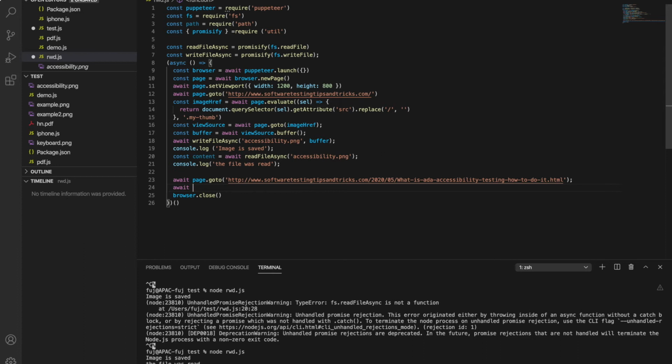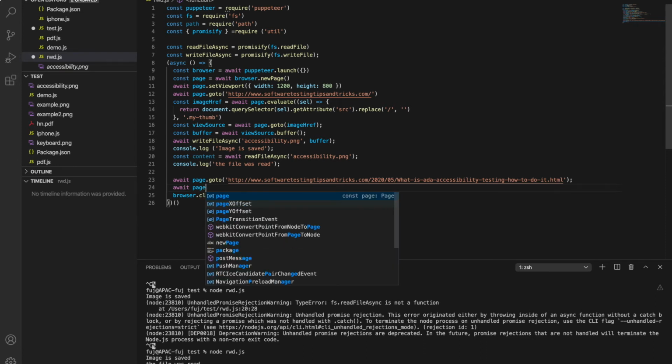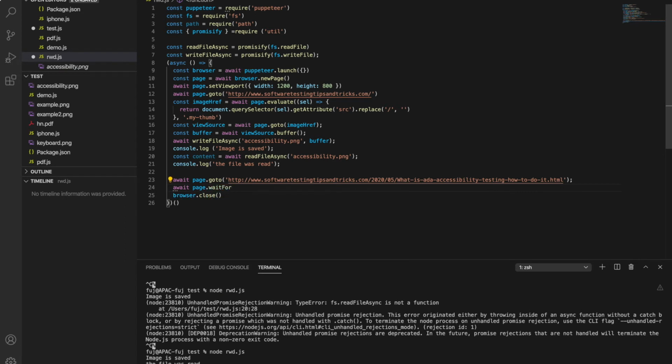So we can await. Let's have the good practice to wait for that element. I am waiting for this class. I can give a partial one also if it is unique. I don't want to put a space there.